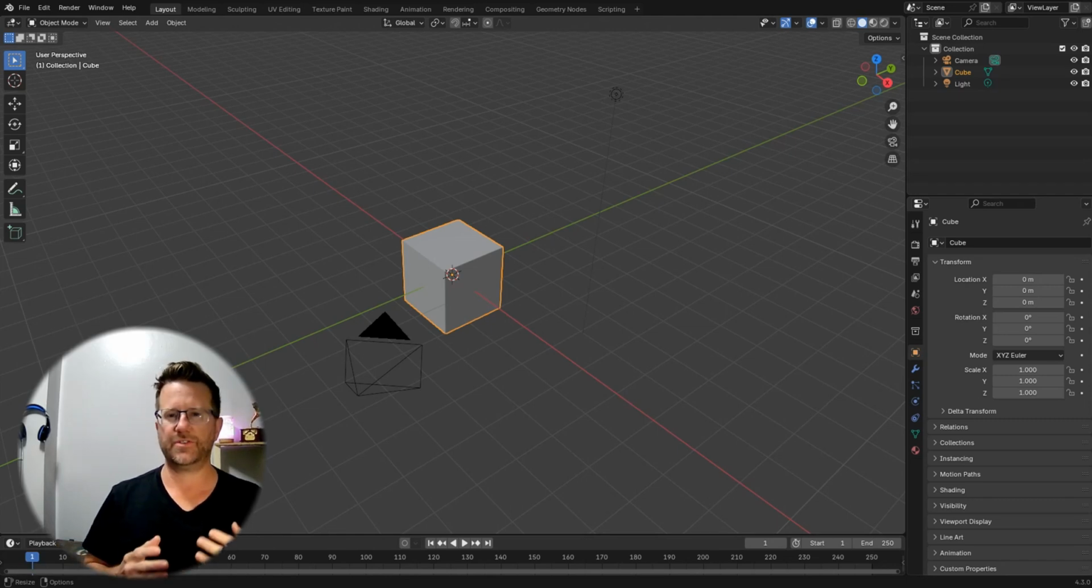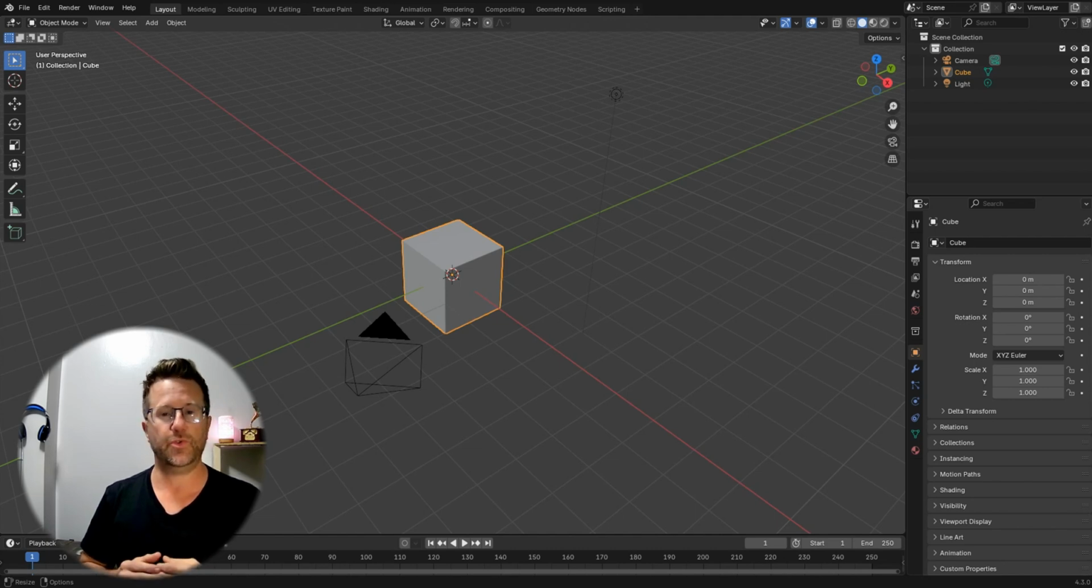Hey guys, welcome. I'm Mr. Steve, and I'm going to show you a quick and easy way to create a proxy instance using geometry nodes